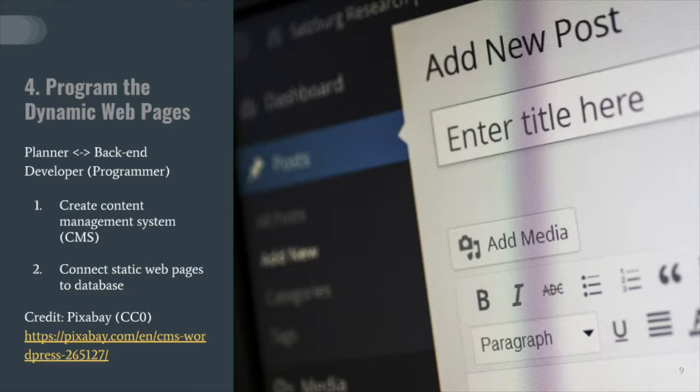For example, please take a look at this screenshot of a WordPress CMS. It allows the web administrators to add, edit, and delete posts without any programming skills. All thanks to the backend developers. Another task for backend developers is to connect static web pages to a database. Therefore, when the web administrator adds a new post through a CMS, the published content can be updated immediately in the